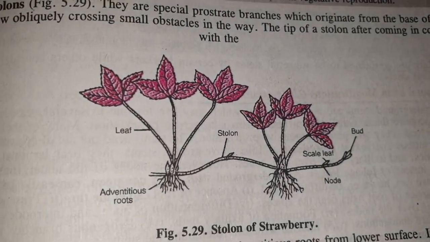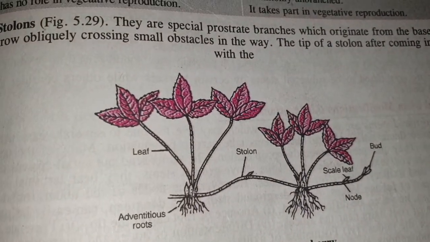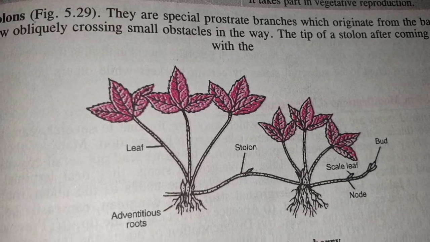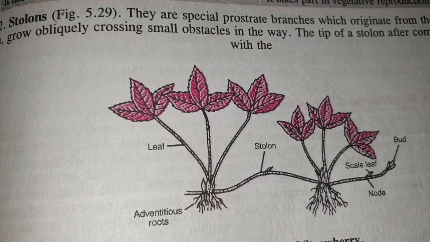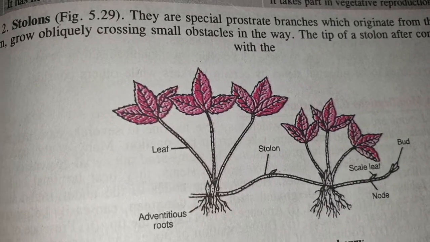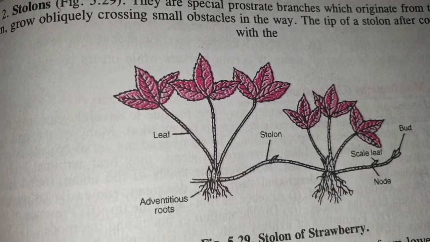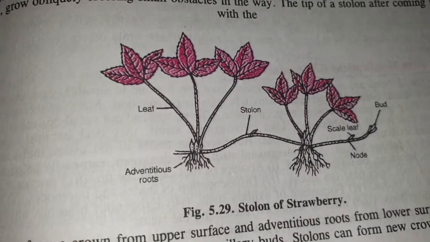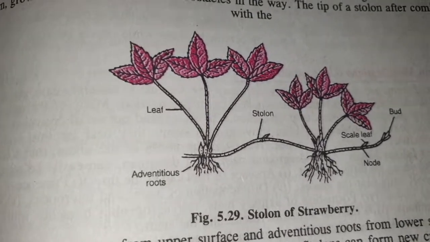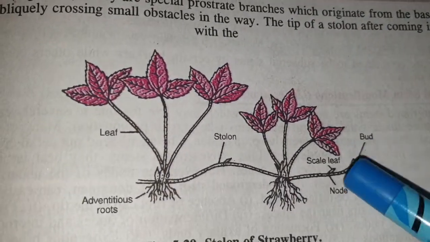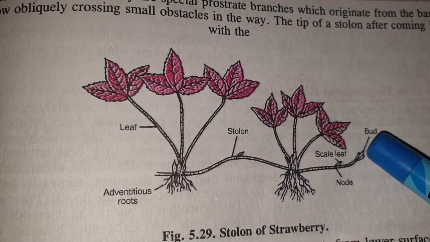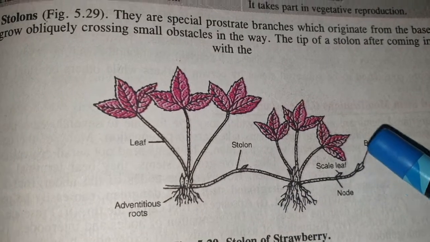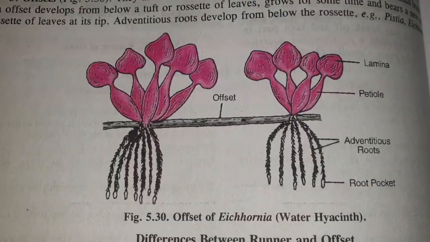Then next is stolon, which we observe in case of strawberries. Here the stems are elongated, horizontal and arched runners. They are considered as arc runners, which can cross over small obstacles. That means whenever they are moving, suppose they get an obstacle, then what happens? They will just raise their tip portion and finally they will continue their growth. That's why it is helpful for overcoming obstacles.